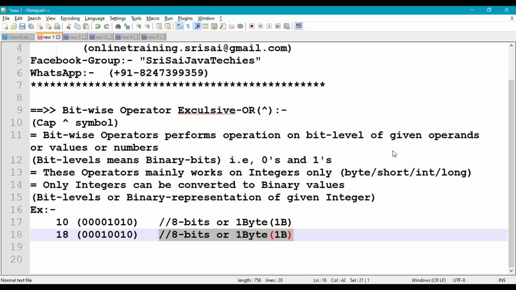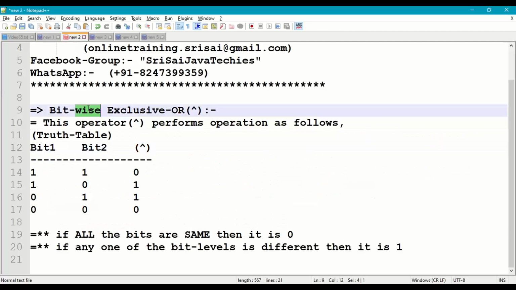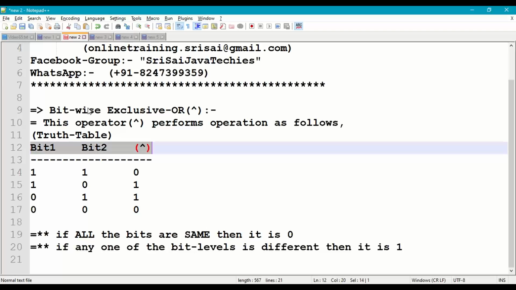Now let us try to understand how to work with the exclusive OR operator. To work with exclusive OR operator, we have a truth table. Let us apply this truth table on two bit levels of a given number, bit 1, bit 2, exclusive OR.